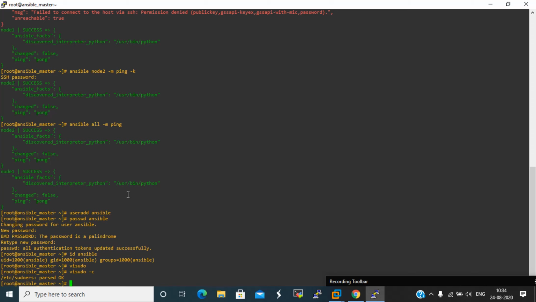The same we have to configure on all other nodes. Also, we need to configure passwordless SSH, so it will not ask for the password for this Ansible user. For that we first have to log in as the Ansible user.